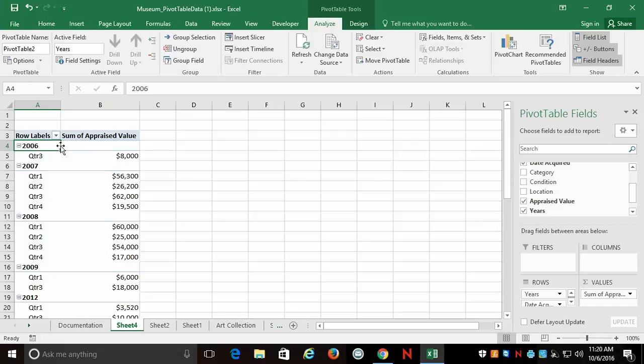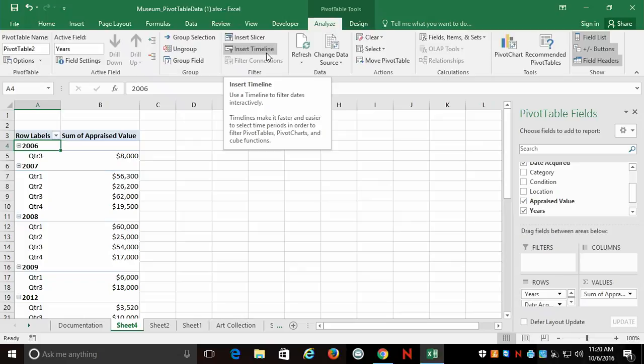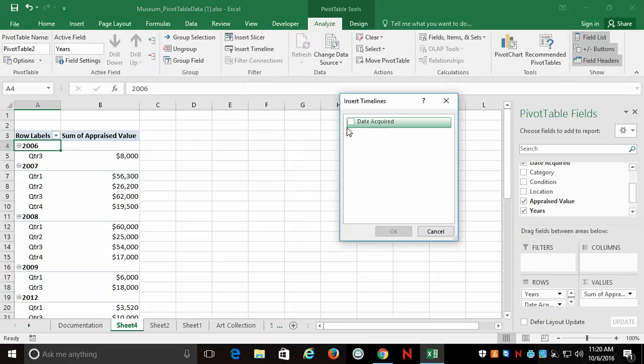So it's pretty nice. Now, I'm going to give this to John in accounting again, and we know he's an idiot. So we need to provide a better mechanism for John to filter this. There's a slicer which allows us to click on categories, but there's something geared specifically toward time. If we click on the pivot table again, go to pivot table tools, and choose insert timeline, this is a filter or slicer